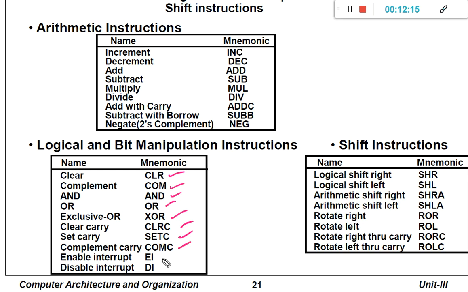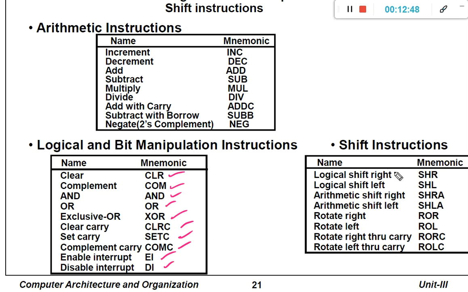Enable interrupt is going to enable the interrupts. We have seen what an interrupt is, how interrupts are implemented, and how to perform the interrupt operation using the interrupt service routine. DI is going to disable interrupts. Interrupts are disabled because whenever one interrupt is going on, another interrupt cannot come. That is why we disable the interrupt until the current interrupt has been completed.